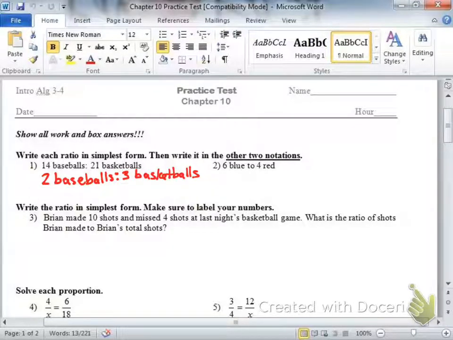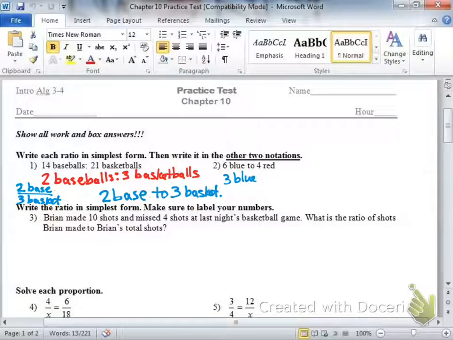But I'm only halfway done because we have to write it in the other two notations as well. So I will write it as a fraction. And I will write it with the word to. Alright, all three of those need to be present tomorrow if you want full credit. Any questions? The next one, when you go to reduce, you can divide both numbers by 2, so that's 3